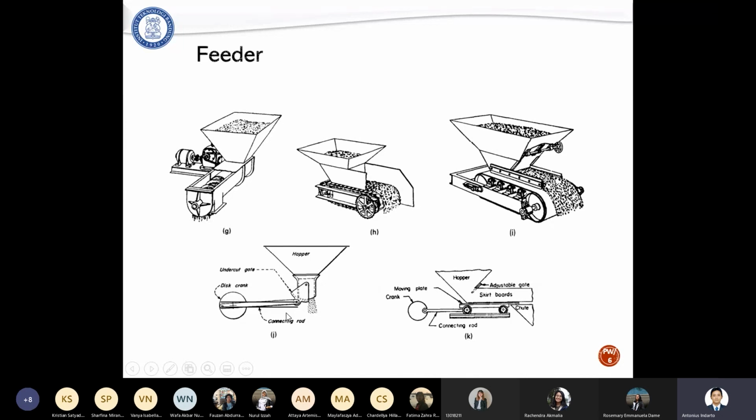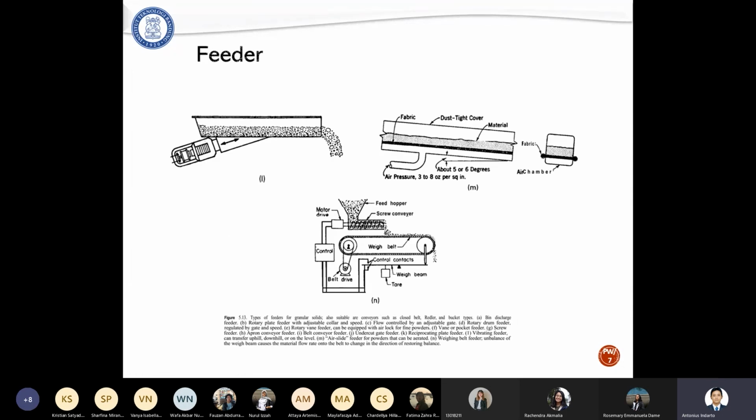We also have another way to control how the solid particles go to the storage, by opening and closing the gate, depending on the direction of the gate. Another way is to control the inclination of the feeder.